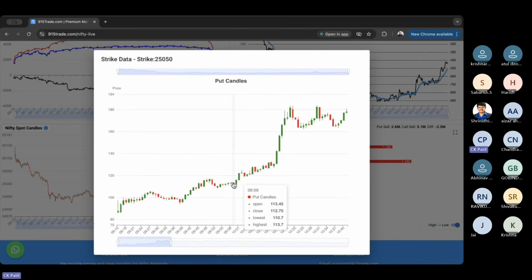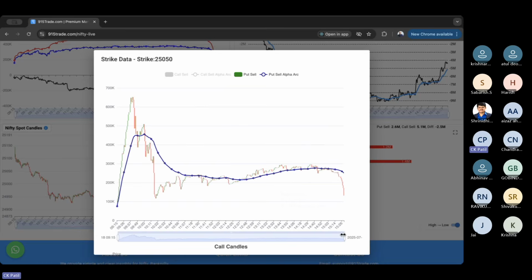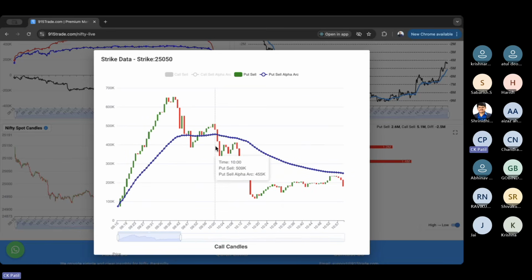Look at 1001. The advantage with 1001 is when you take 1001, it has never hit your stop loss. You are basically getting in at 122, and quickly you went to 180. Basically, you have made your 50%, 60 points something odd. Basically, you have made easily, right? The other advantage with this is when you take your position, you are most likely to make your profits